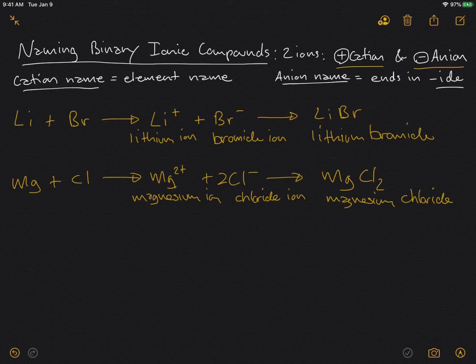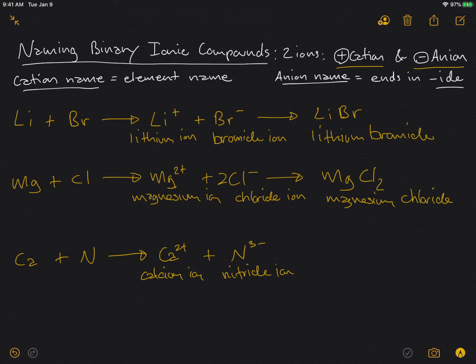Last example is probably going to be a little bit more interesting, and this is one of the examples that is probably about as complex as we're going to get for binary compounds. Let's take a look at calcium plus nitrogen. Calcium always forms a 2 plus cation. It's in the same group as magnesium. So that's the calcium ion. And then nitrogen is in the group that forms a 3 minus anion. So this is the nitride